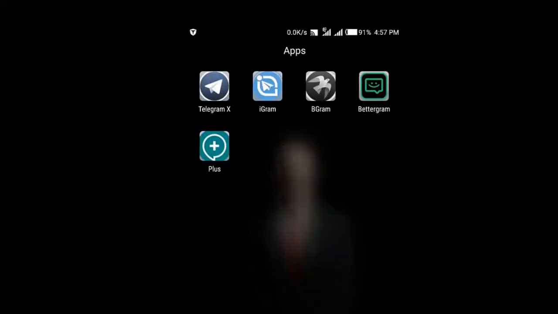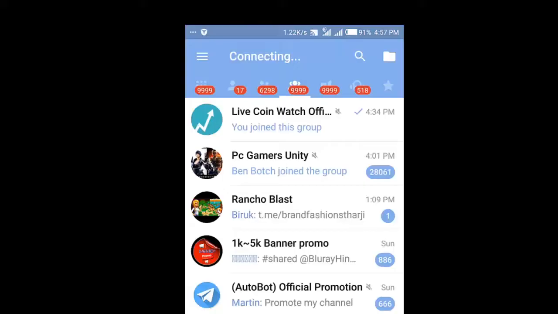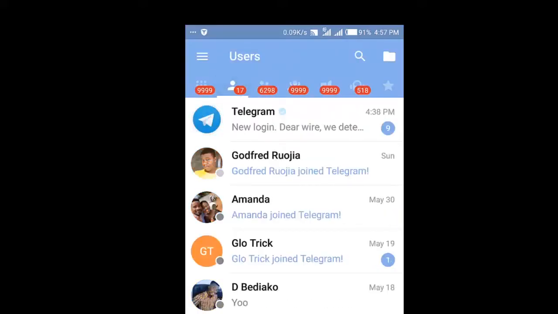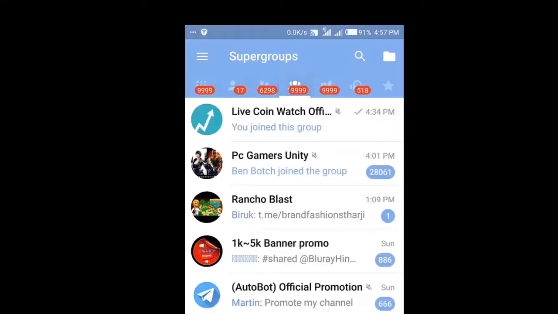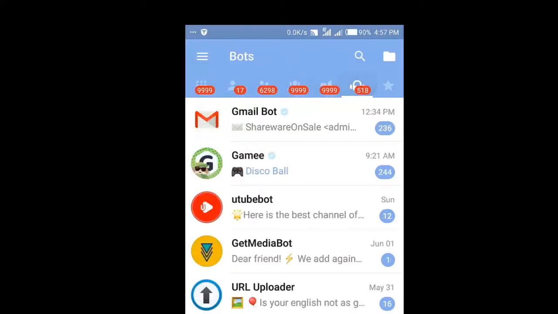Plus Messenger is an unofficial messaging app that uses Telegram's API. One of the best rated messaging apps on Play Store. Plus Messenger adds some extra features to the official Telegram app,